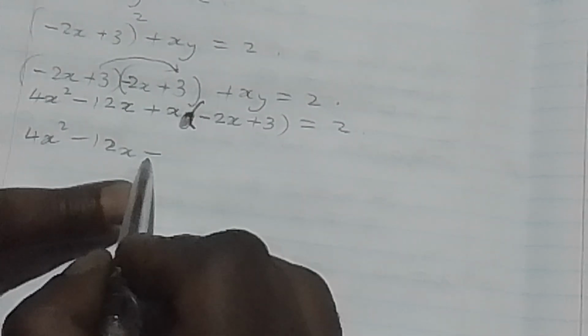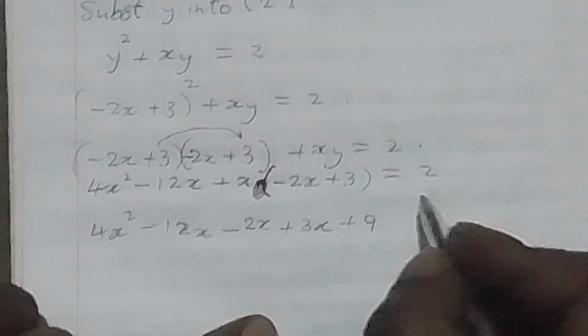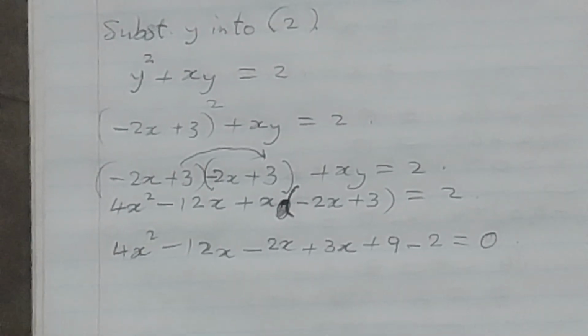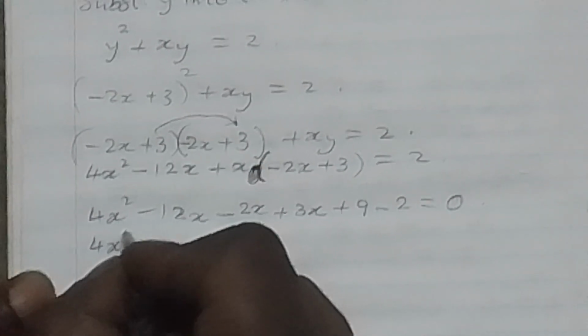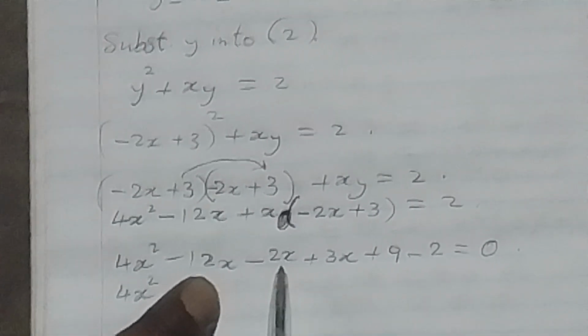This times that is minus 2x squared. x times 3 is plus 3x. Now I have left 3 times 3, which is plus 9. I take these two to join this constant. It was positive, it will become minus 2, equals 0. Now it's a matter of arranging this: 4x squared, minus 12 and minus 2, it's minus